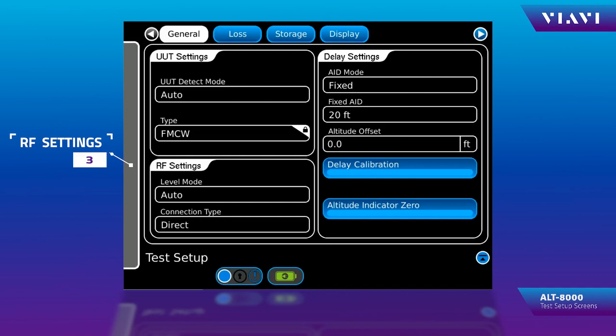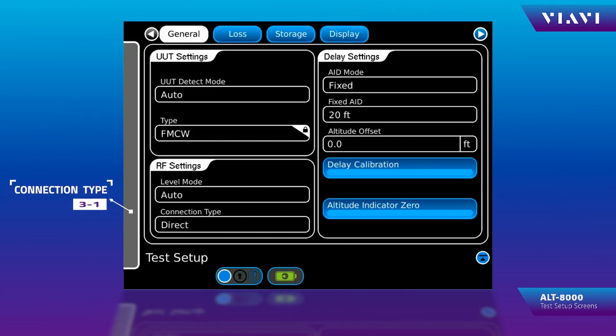RF settings. For normal operation, leave it set to auto. The test set will determine the nominal value that the RADOUT under test wants to see returned, and set it up accordingly. If you're troubleshooting or doing sensitivity testing, you can set it to manual and have manual control of your power settings.